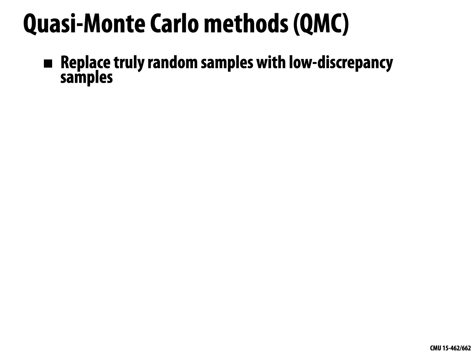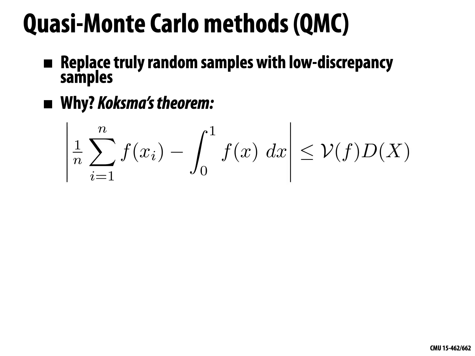We can also ask, well, if we replace truly random samples with low discrepancy samples, why should it be true anymore that we actually get the correct value for our integral? This whole idea of Monte Carlo integration was predicated on the fact that we're using random samples and the expected value that we get from a single random sample is equal to the true integral. With these quasi-Monte Carlo methods that use just low discrepancy samples rather than random ones, we have a different reason